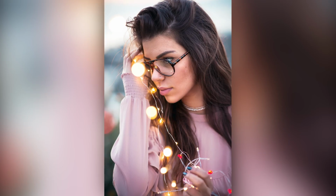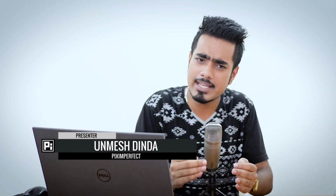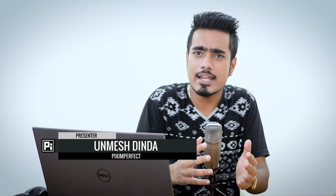Today we're gonna learn how to get this beautiful warm light effect in Lightroom, and yes, finally after a lot of requests, we are doing this, and it's pretty simple. The idea here is basic. You see, we are exaggerating the coldness of the atmosphere and the warmth of the light, and that's pretty much